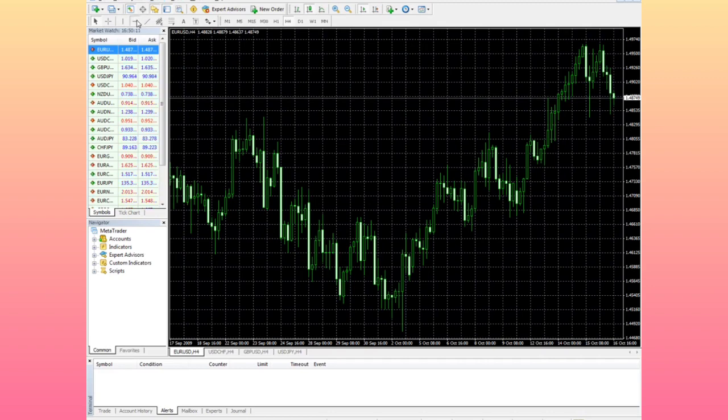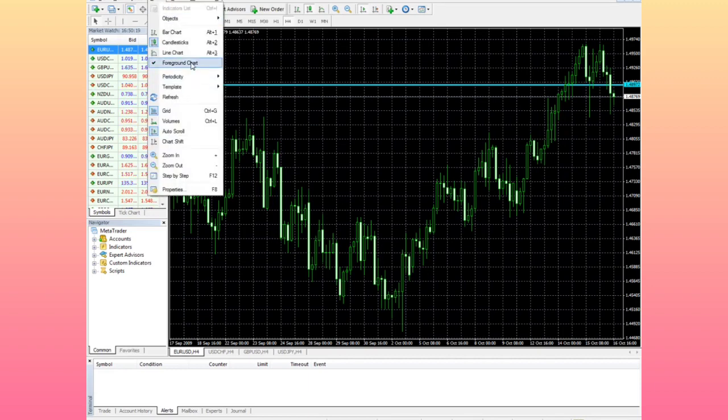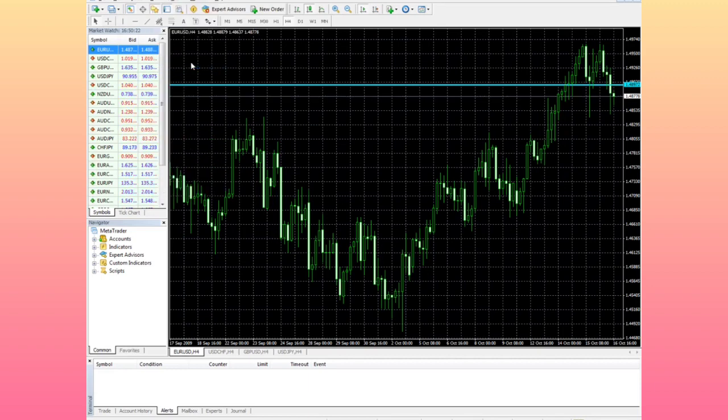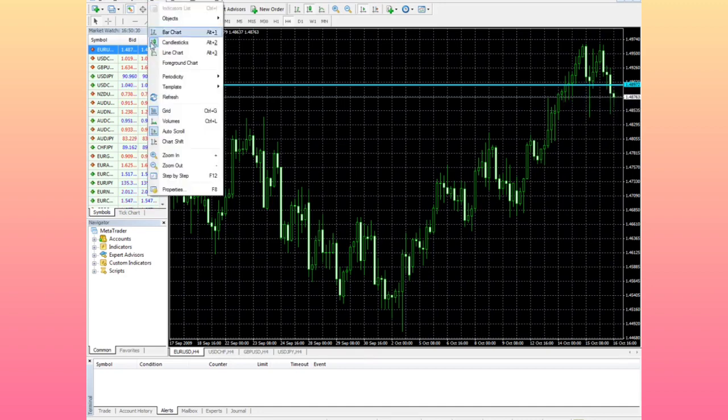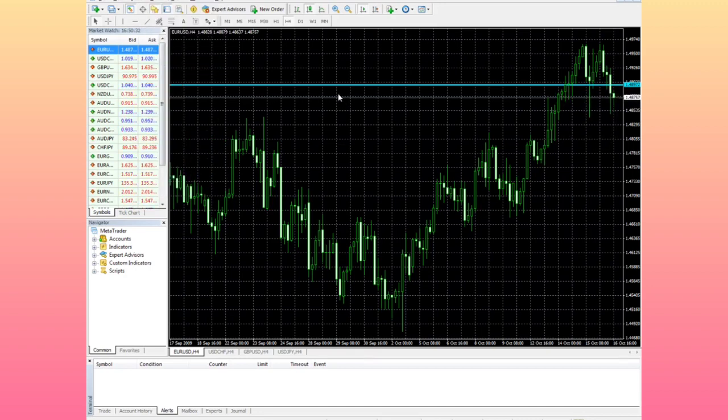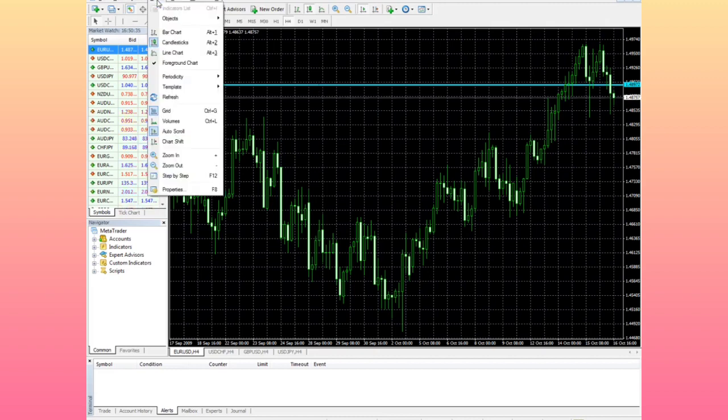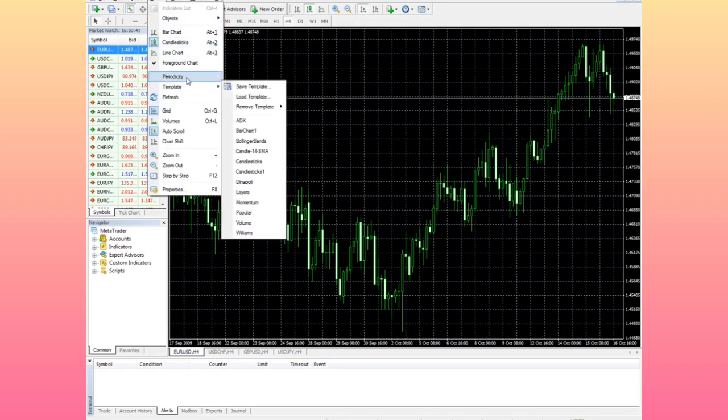In fact, let's take a horizontal line here. Okay. And let's change the foreground to a background chart. Okay. You see here that the line is on top of the chart essentially. So we'll move this back to the default there, and we can go back to delete last, as we did in our objects list, and we can move down further here to